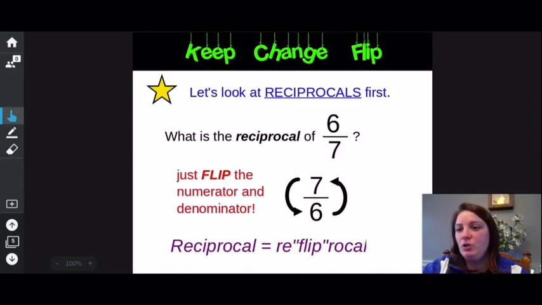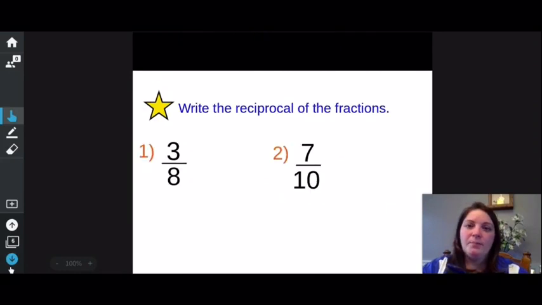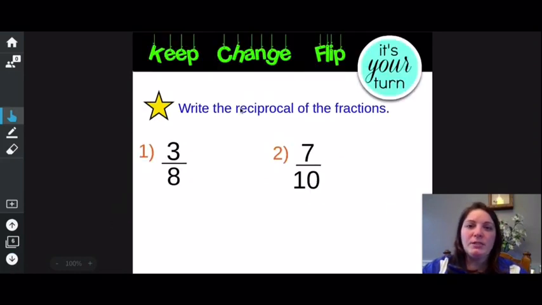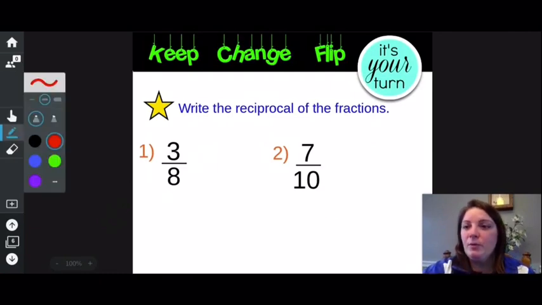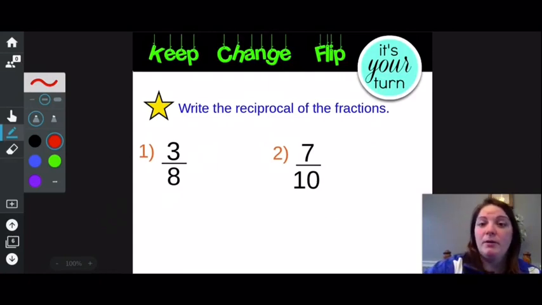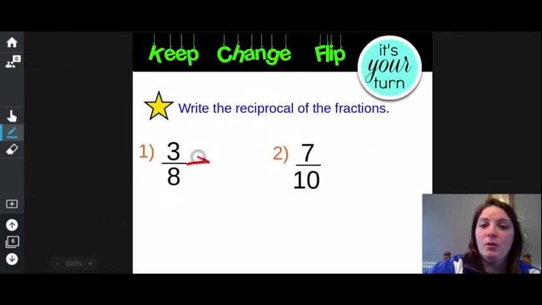I want you to give that a try. So go ahead and write the reciprocal of those two fractions. Pause your video and hit play when you're ready. All right, let's go over your work. What's the reciprocal of 3/8? To do this, remember we switch the numerator and denominator. So the reciprocal of 3/8 is